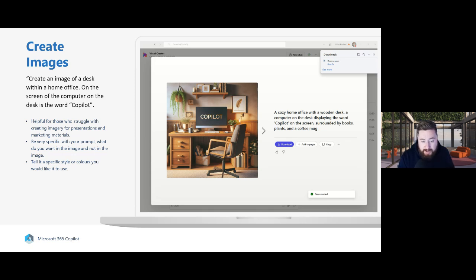I uploaded the image of an IKEA shop to Copilot and said, please describe this image in a way that you would be able to recreate the image from its description. It gave me a full description of the image. It was a shop, it was blue and yellow, and it had a car park, and it had parking spaces and so on. And then I just pasted it back into Copilot and said,